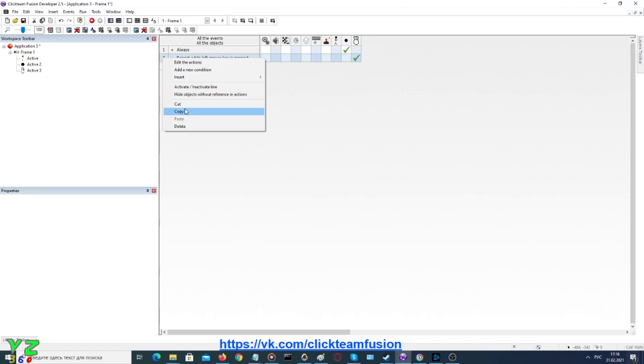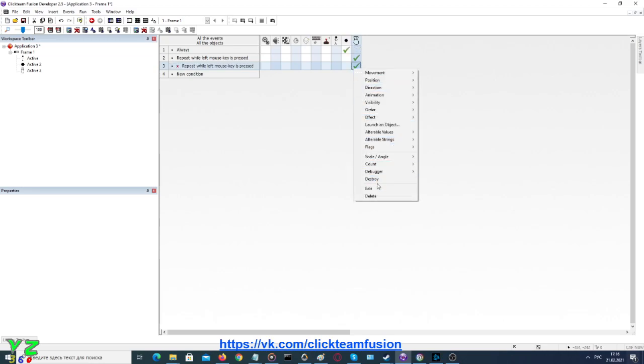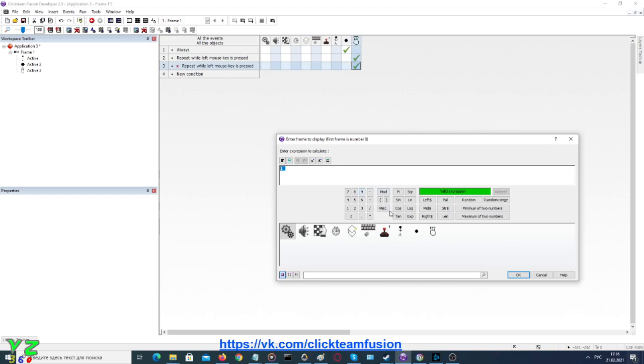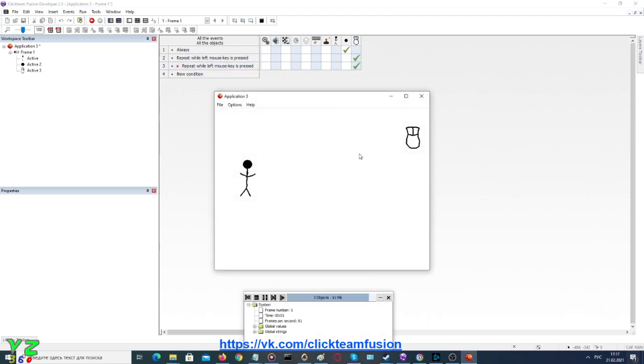Now for the ease of editing, we copy the frame, paste it again, and we negate the first and only event in the list. So repeat while the left mouse button is pressed, not. So when the left mouse button is not pressed, we force animation frame not to 1, edit the event, but to 0, so to default frame. Okay, so now if we launch it, we can see that when we click left mouse button, it actually does show